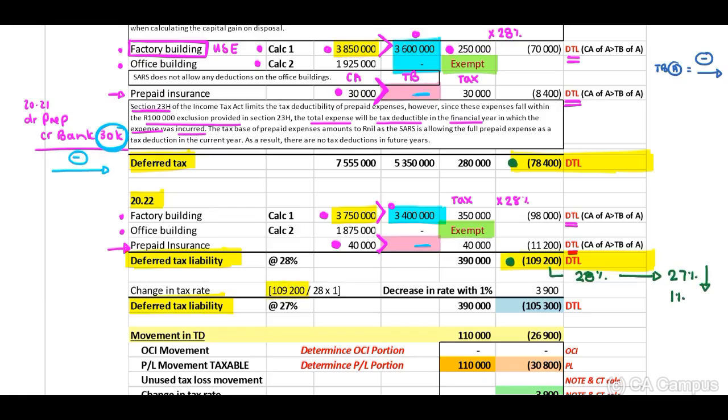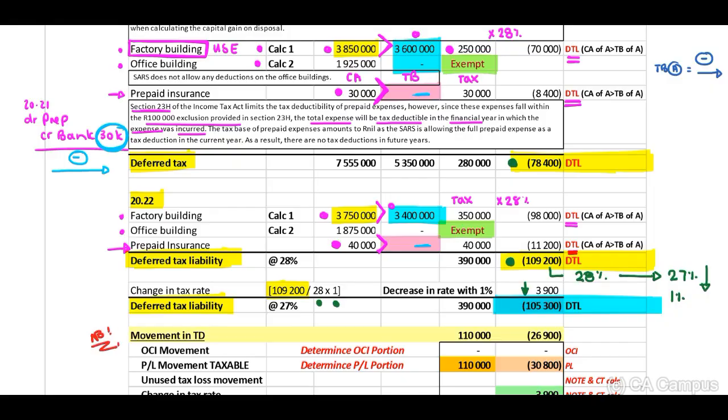Therefore, we need to decrease this balance with 1%. 109,200 divided by our 28% times 1. And there will be a decrease of 3,900. Therefore, our final deferred tax liability at the end of 2022 will be 105,300. Now, let's just take this one step further, and this is an important section that I want you to